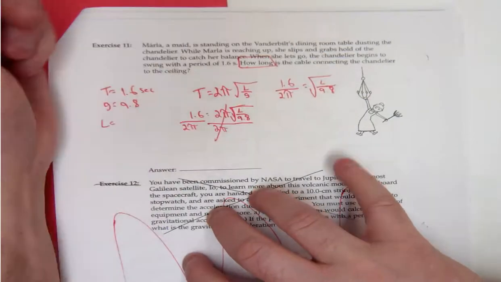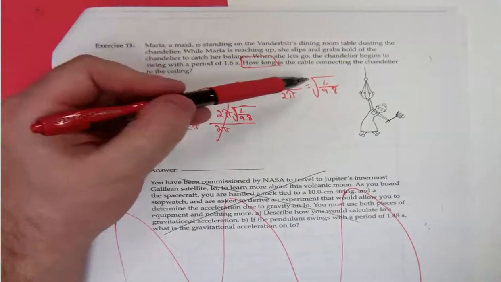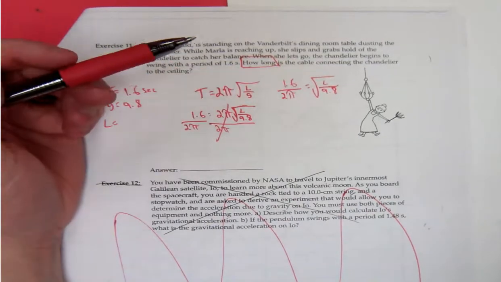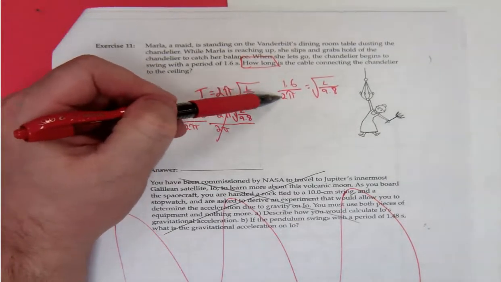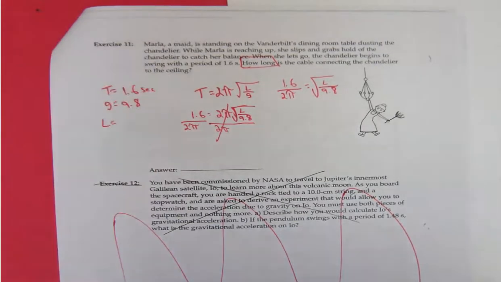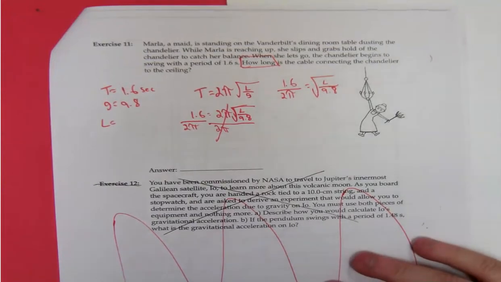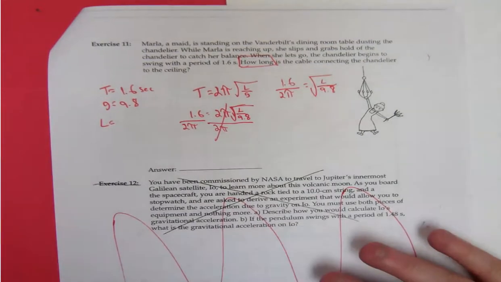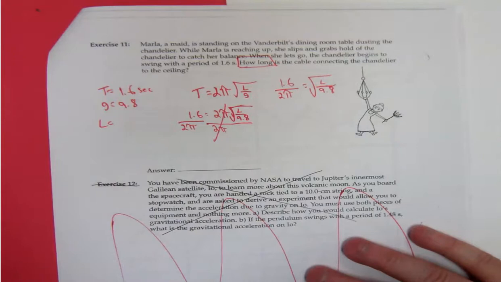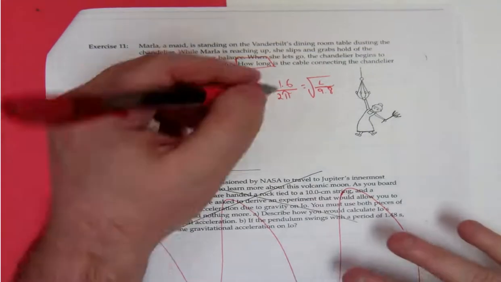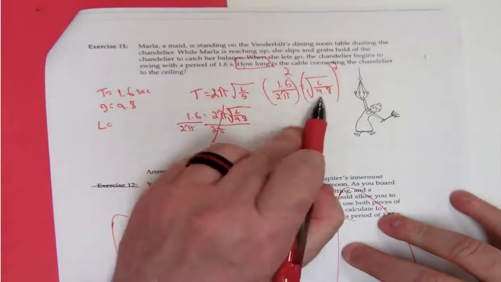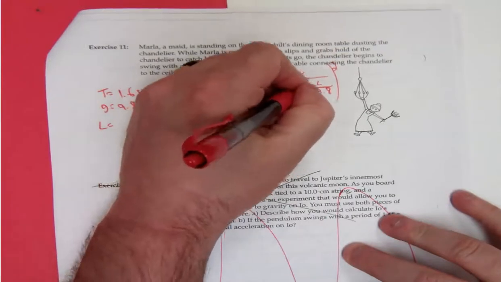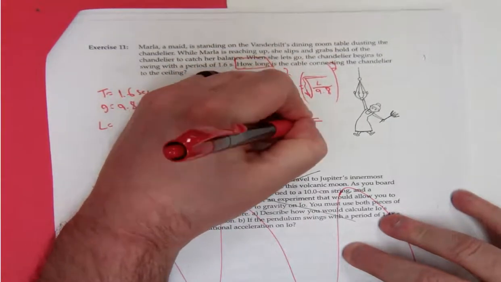Okay, good. So you can either square both sides right now, or you can go ahead and do this. I would do this first and then square it so you're not dealing with too many things. All right, so I'm going to square this and I'm going to square this. If you square this right side, it's just going to take away the square root, right? So you're going to have length over 9.8